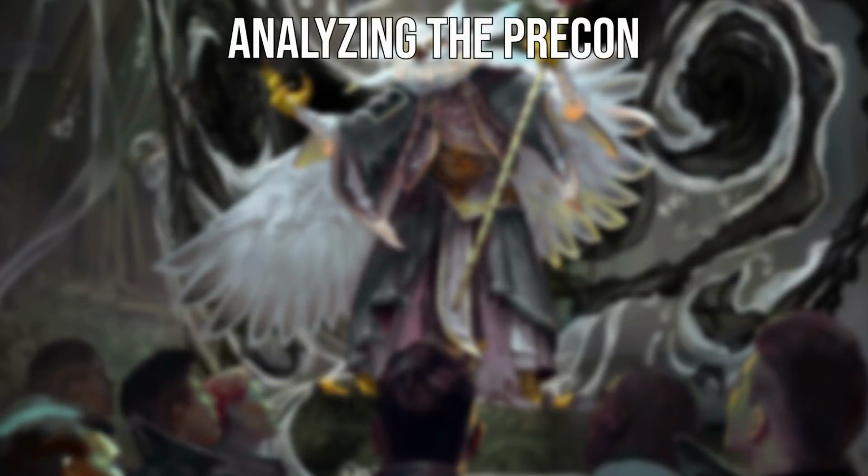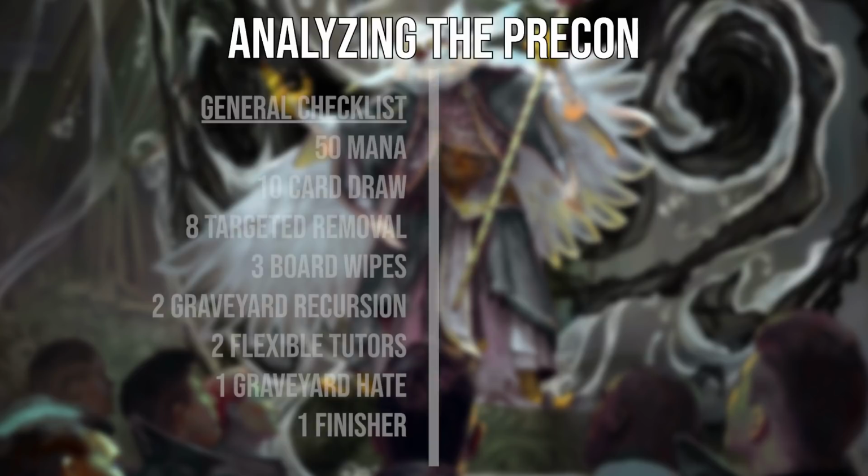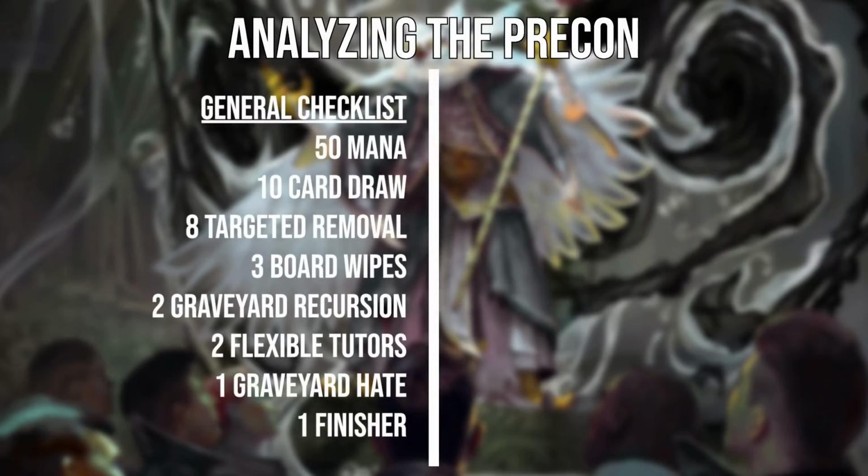As I often explain in my Budget Commander videos, every time I build a rough draft of a deck, I use a checklist to make sure the deck has all of its fundamentals covered, such as mana, interaction, card advantage, and so on. This gives me a reference point to compare to the deck and see which areas may need improvement. My general ratio is 50 mana, lands and ramp, usually a 37-13 split,